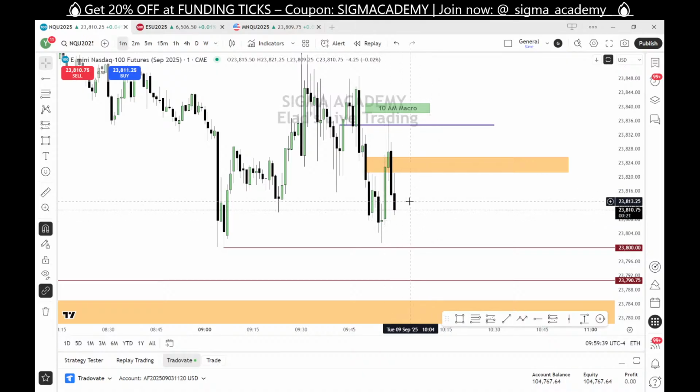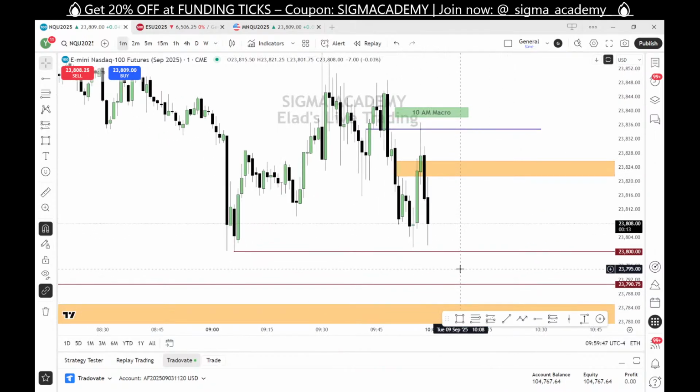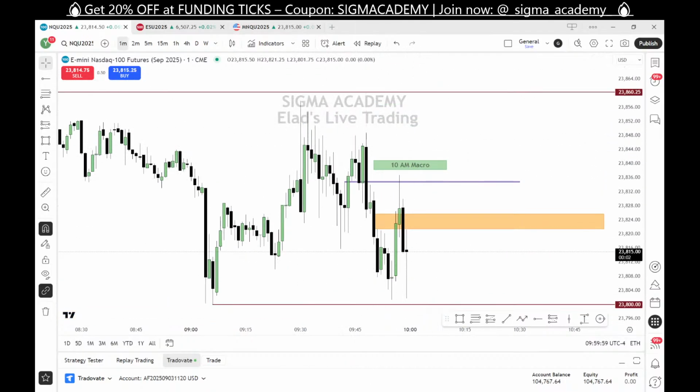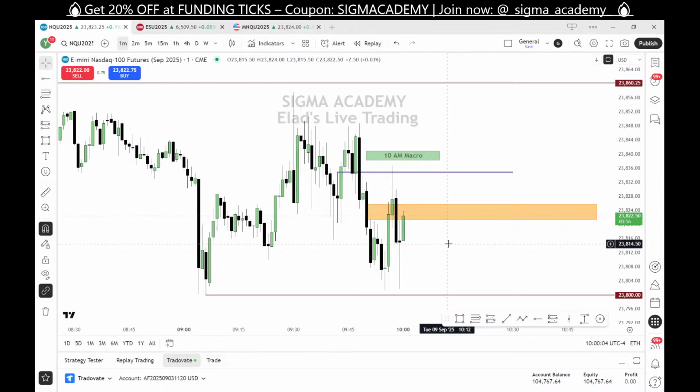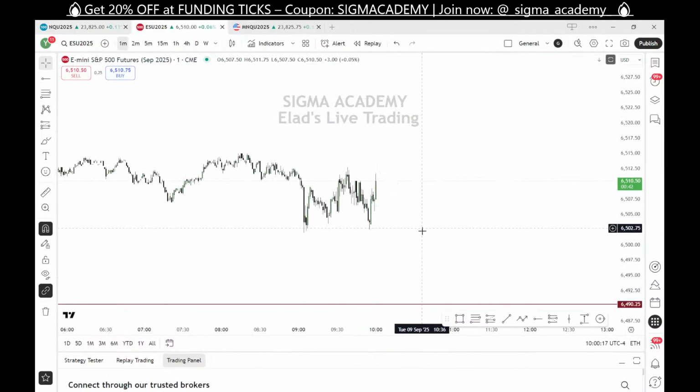this is what time in the market will show you: your ability to read the market better. Macro time. As you can see, all the things happen in the market time. What a coincidence. I don't trust it. Even if you take this high, it's harder to trust it because it has relative equal highs.